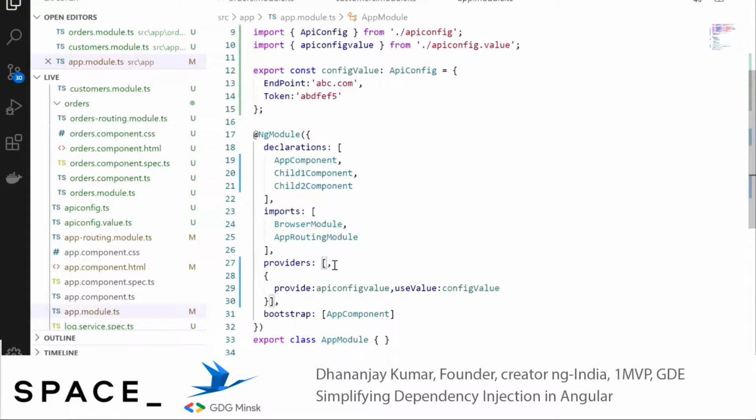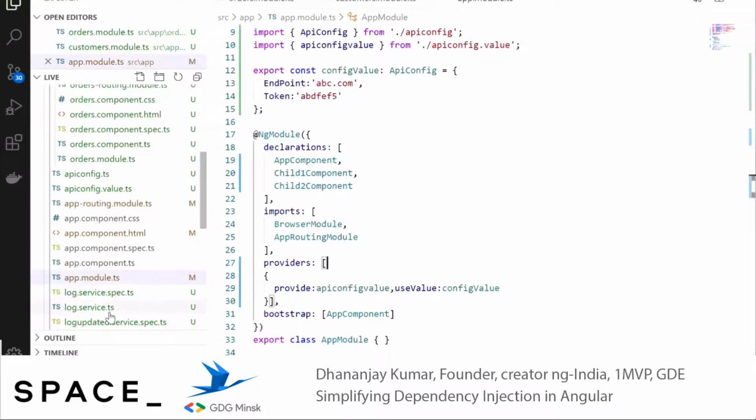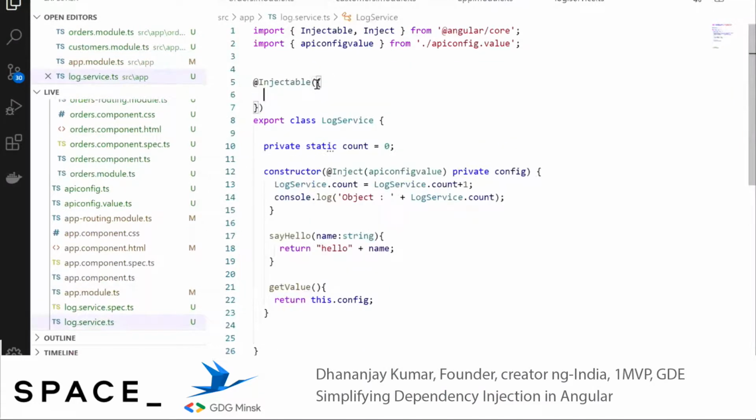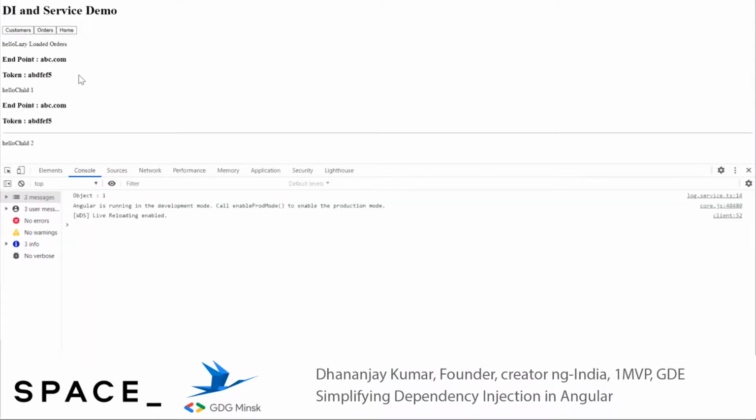All right, so now we don't have it in any providers array. It means, of course, Angular is going to give us an error. It's saying that there is no provider for log service. The solution is we can go to log service right here, and here we can say providedIn root. When we pass root, it means a singleton object would be used, and this is tree shakable now. However, when we go back and run this again, you are getting the output, only one object getting created, but again the same problem: you have the same value for the lazy loaded modules as well.